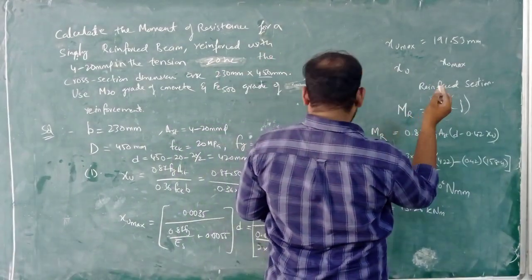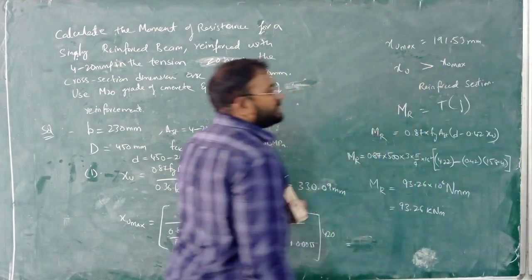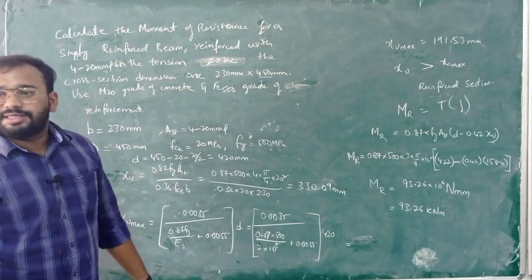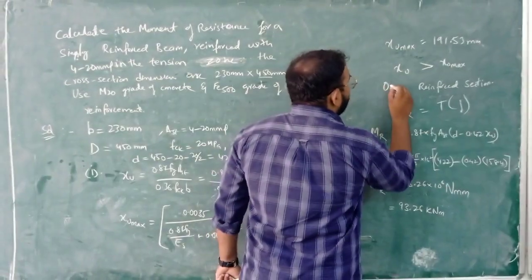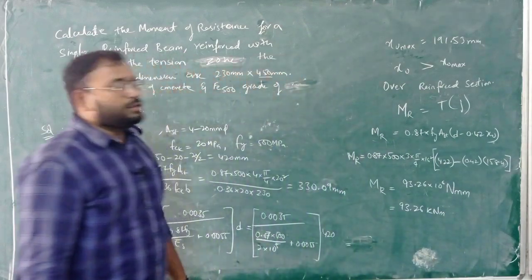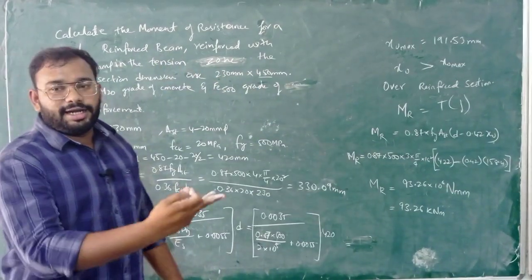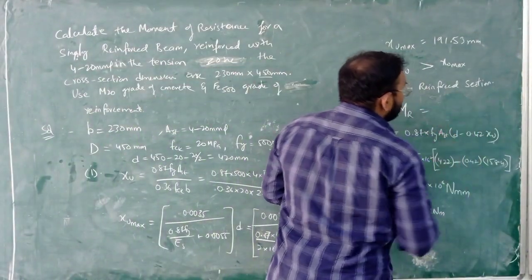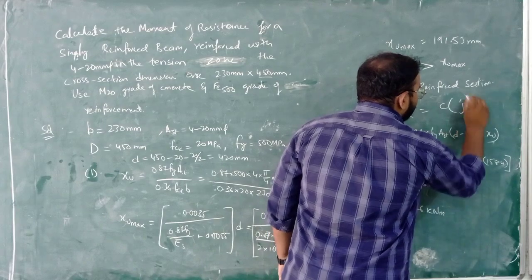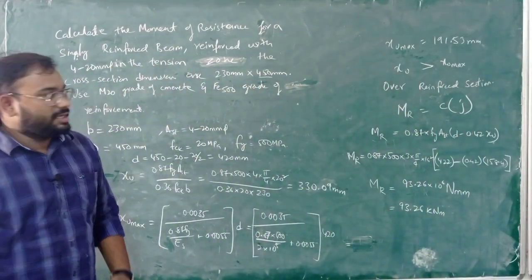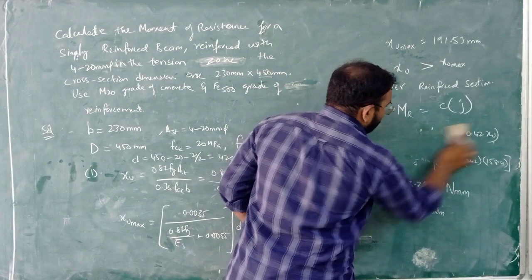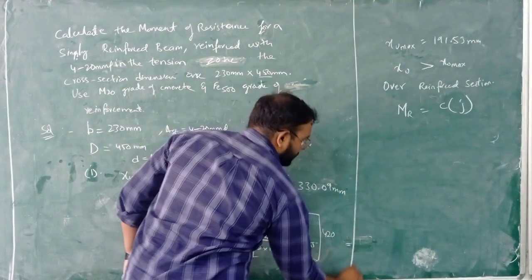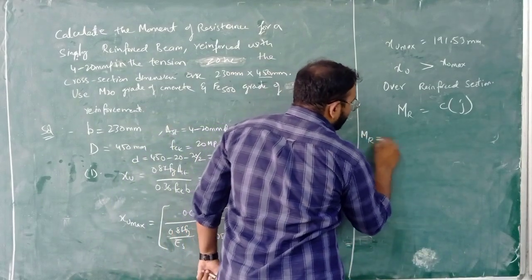Now there is somewhat change in this problem. Why? Because we have changed the reinforcement here. So this will be multiplied by 420. Instead of 422, it will be 420 now. Now tell me what is Xu max? Nothing will change in this formula, only the d will change. It is now 191.53 mm.